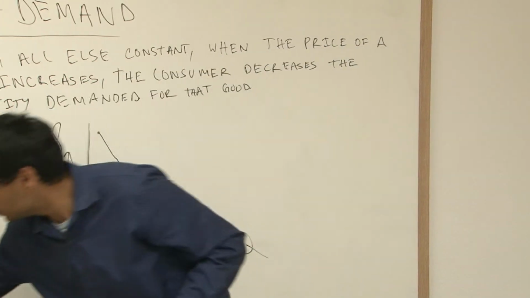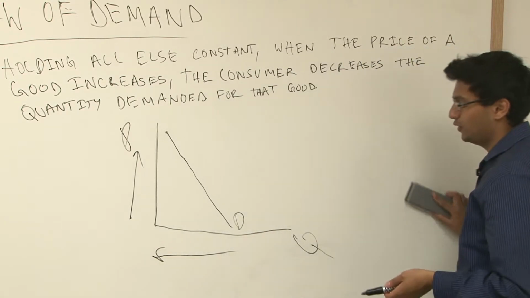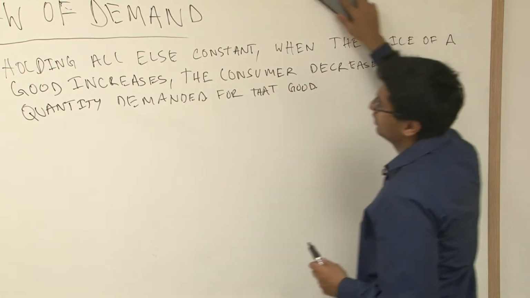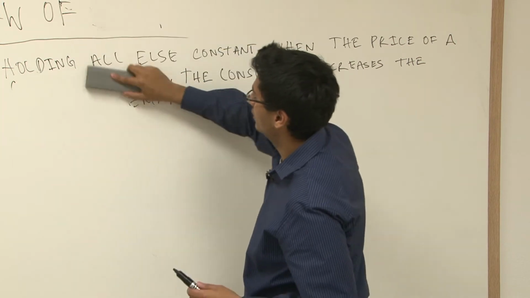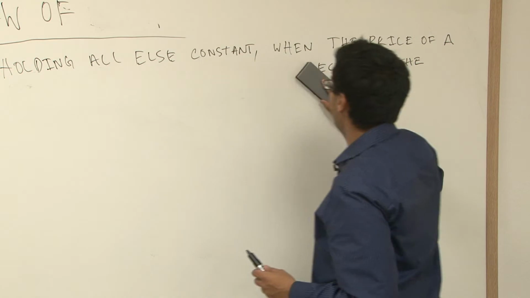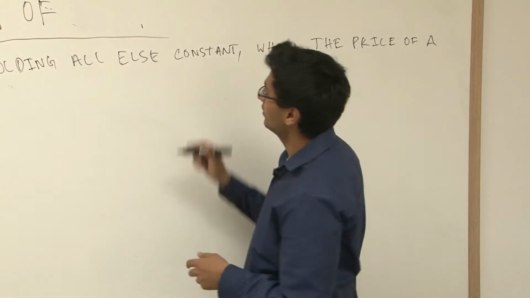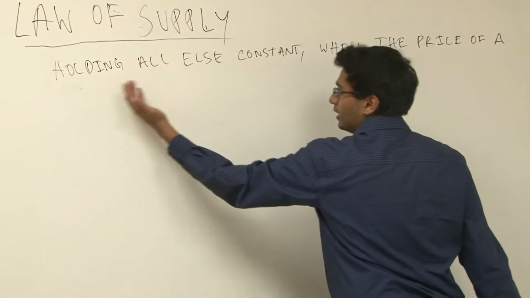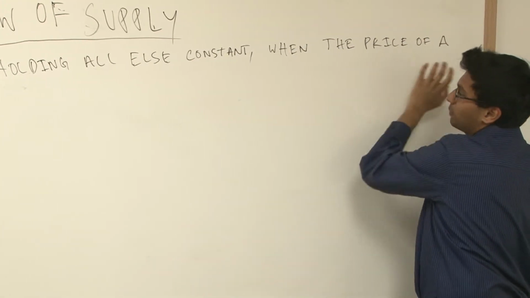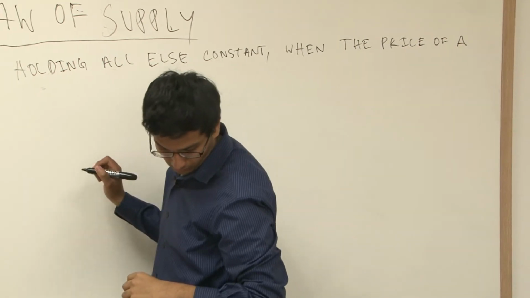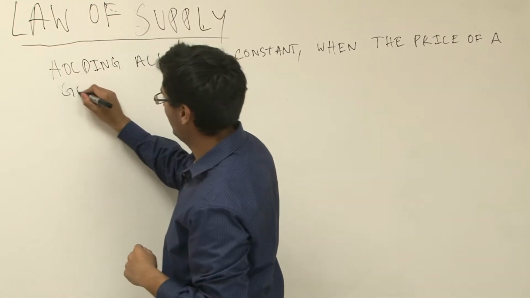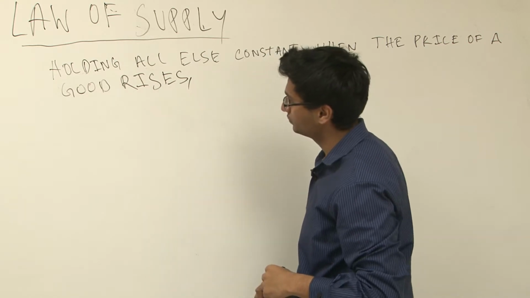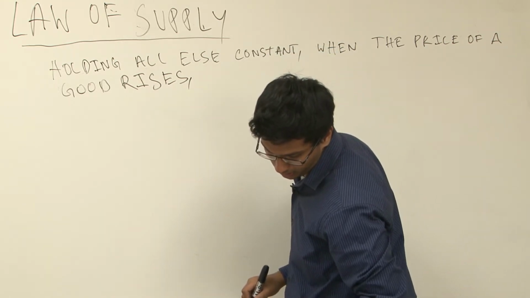Let's move on to the law of supply. The law of supply is also very important, and if you understand the law of demand, you will probably get the law of supply. What does the law of supply state? Well, the law of supply states that, holding all else constant, when the price of a good rises, the producer,